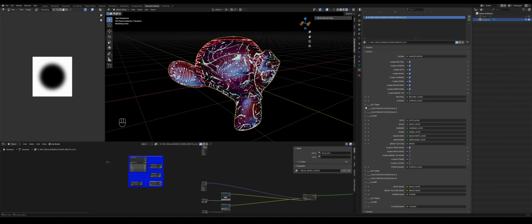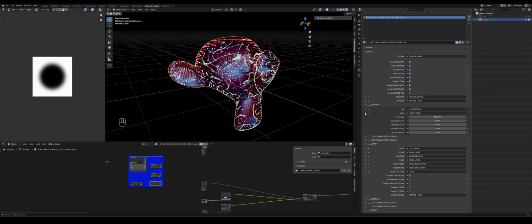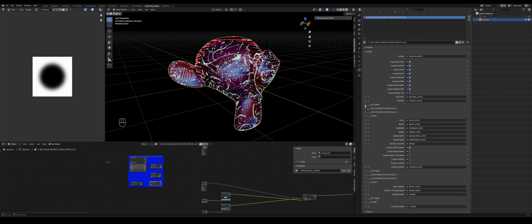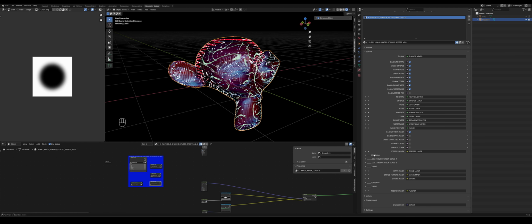It's just black and white. And if we look at stripes here, it has a color and emission section. But for the rest, it's basically the same under the masks here. So stripes mask is the same as the stripes layer. Same goes for wave mask, image texture as well. But